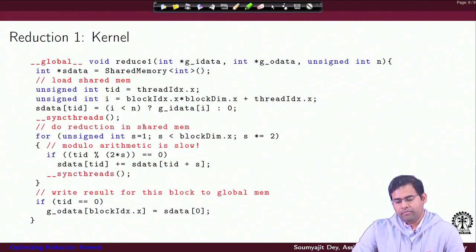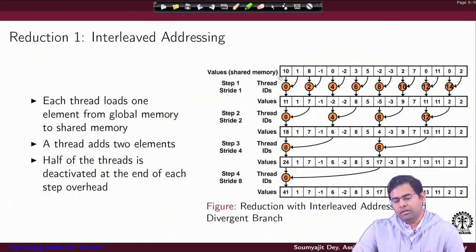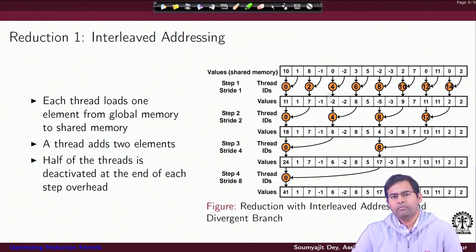If we look back into the picture here, let's understand the divergence here. In the first iteration itself we can see the divergence because these all started inside a single warp. Now inside a single warp at this point, due to that percentile 2s TID percentile 2s operation, the divergence came in because only these threads progressed, right? So essentially inside the warp you are getting half of the work done, right?